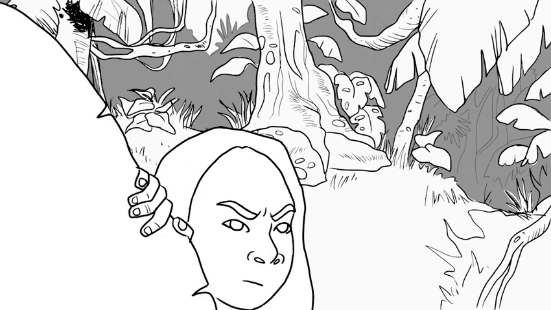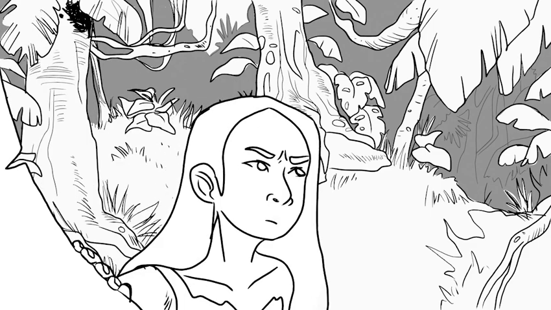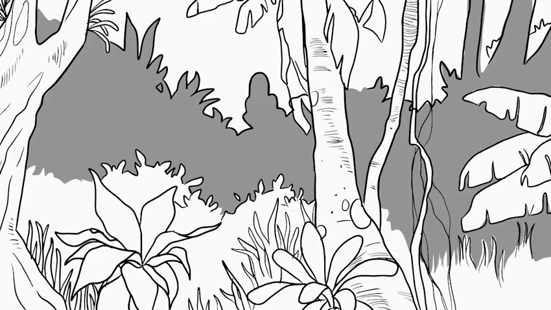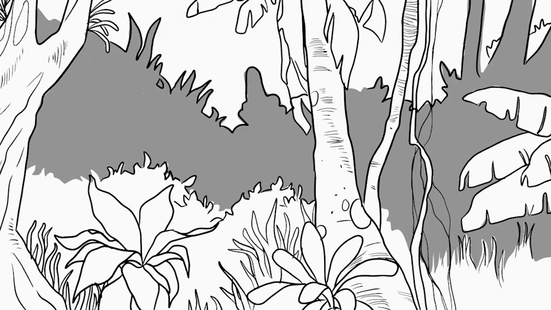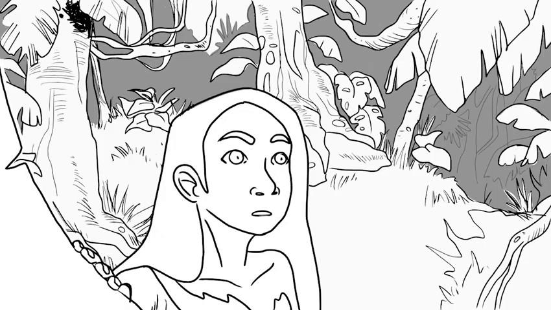I did a little bit of value study so that you guys could have an idea of what it might look like after it's done, but we haven't got anywhere close to starting the coloring, and I hope it's something that we can get into soon.